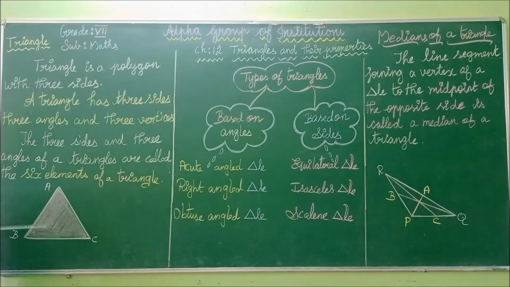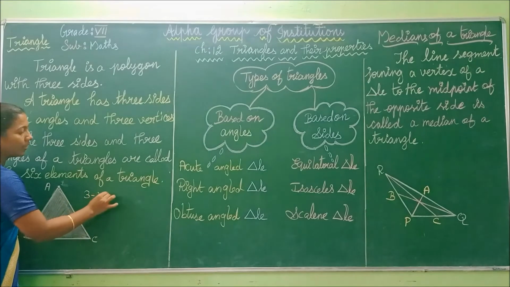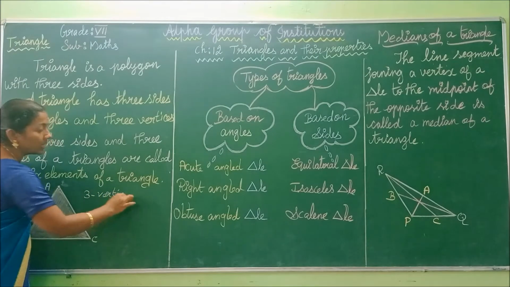Okay. See this. This is a triangle. See here. This is called vertex A. Suppose if you name this triangle as L, M, N, then you have to call this vertex as L. Okay. So, the meeting point of these two sides is said to be a vertex. So, a triangle has three vertices. One of the vertices is A, and another vertex is B, and another vertex is C. So, triangle has three vertices and triangle has three sides.